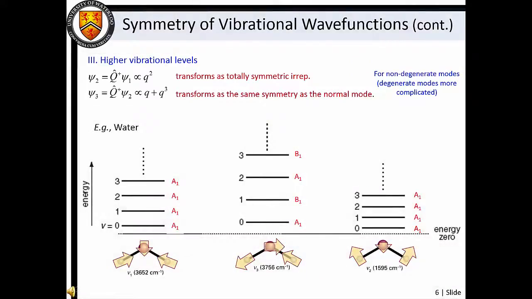Thus, wave functions for levels with an even vibrational quantum number must transform as the totally symmetric irrep of the symmetry group, and wave functions for levels with an odd value of v must transform as the symmetry of the corresponding normal mode. Note that this interpretation is only valid for non-degenerate vibrational modes. So if we take water as an example, we can now label each of the vibrational levels with the wave